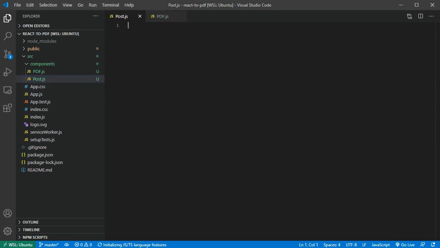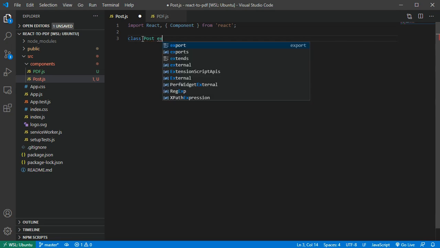It's gonna be a class component, so I'm gonna import React and Component from React. And then here I'm gonna also import this pdf.js, but I'll do that later just so we check all the including files just so we don't have any errors. And we have our class Post extends Component,